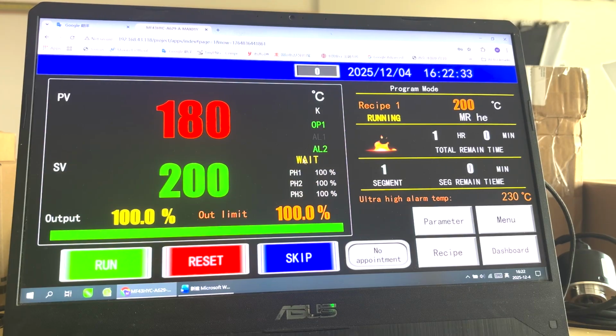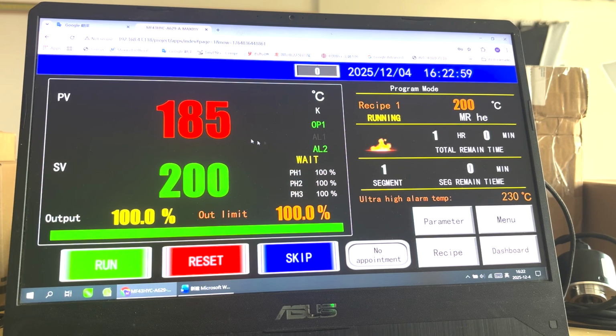So the wait function kicked in automatically. So the controller will not go to the second segment, which is segment number 2. It will wait until the process value reach to 198, and I'm going to increase the input gently,